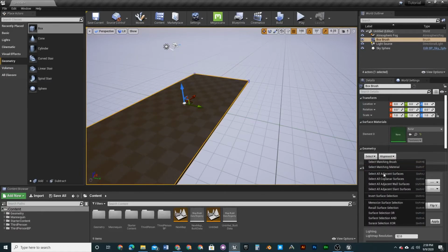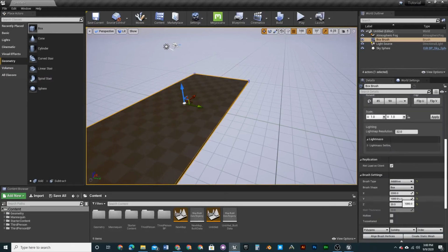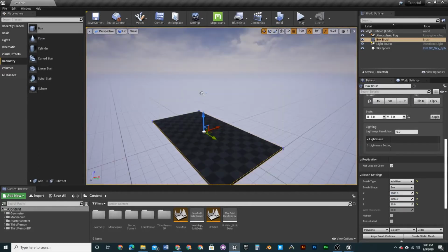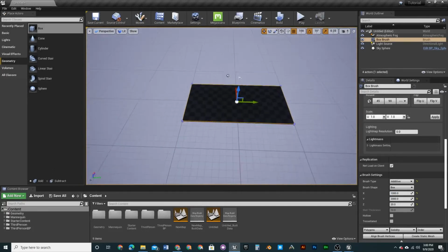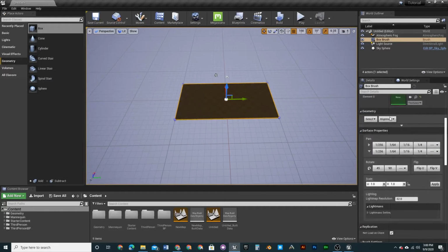Let's select all adjacent surfaces and go down, and let's change this to 2000 and this to 1000. So we have a nice centered one, just because we'll put the camera up here so you can see it, and we don't want it facing that way, and it just makes things more complicated. So what you want to do is just go here, select all adjacent surfaces, and